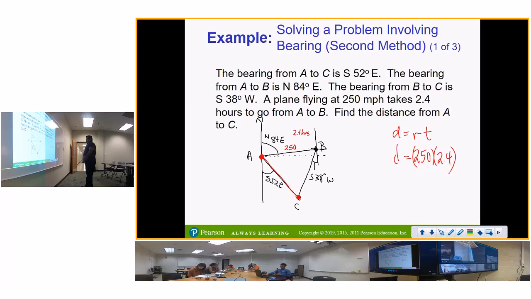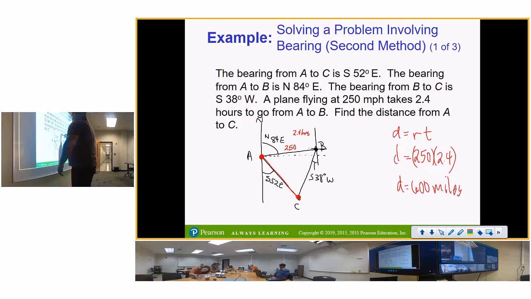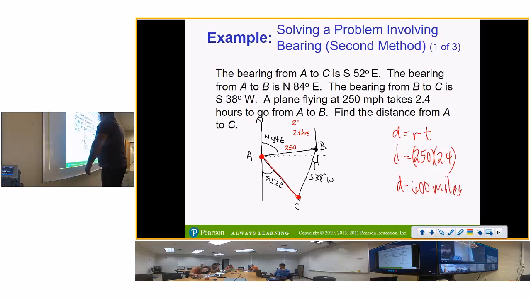1% would be 2.5. 4 would be 10. So that would be 510. Help me out. 610? Or I don't know. What is it? 600 even? Yes, sir. Okay. So 600 miles, if y'all did that correctly. So 250 miles per hour at 2.5 hours is 600 miles. So now you've got,